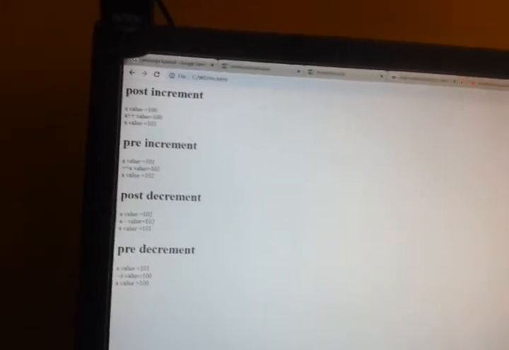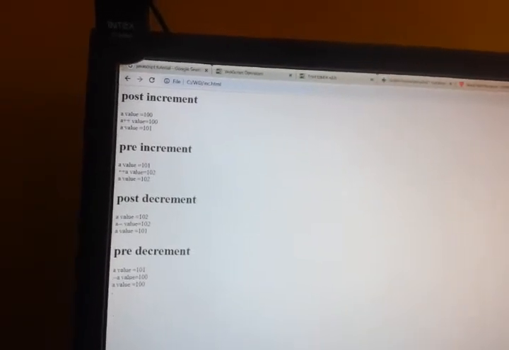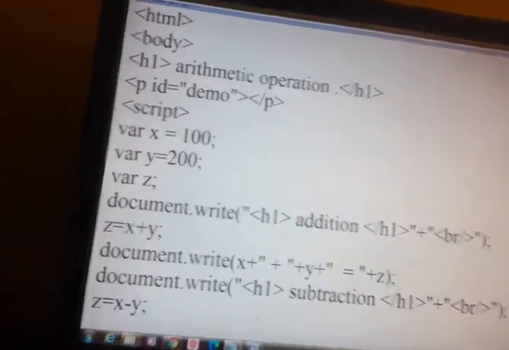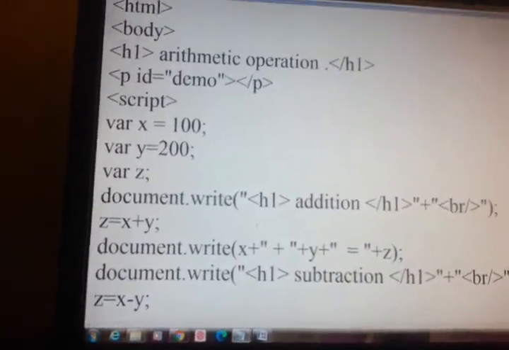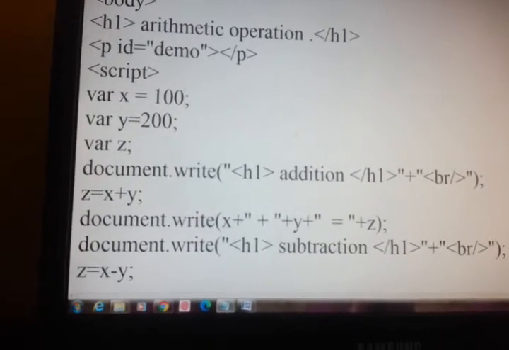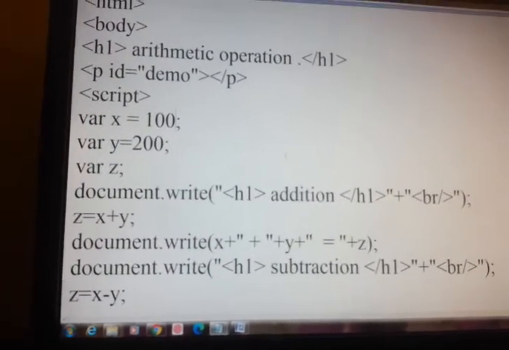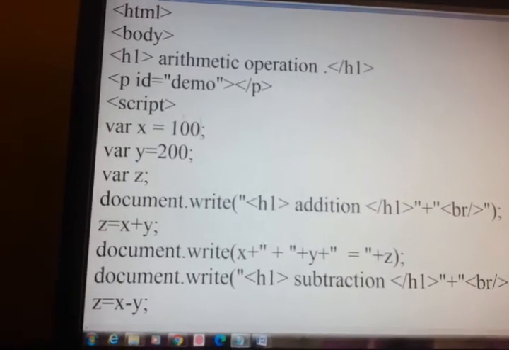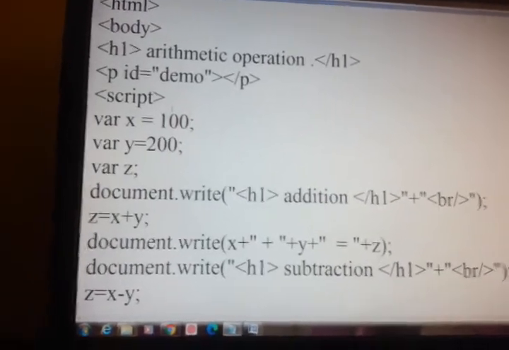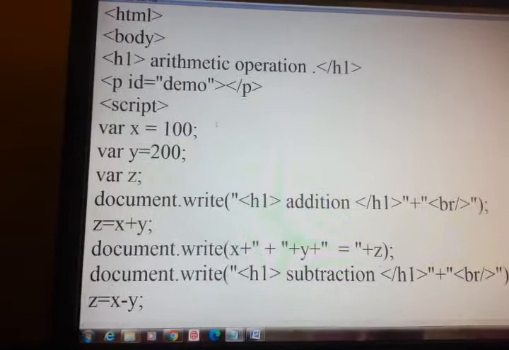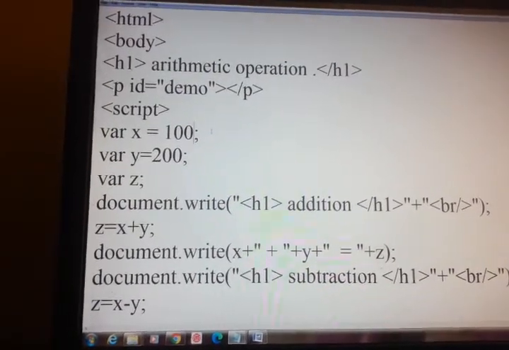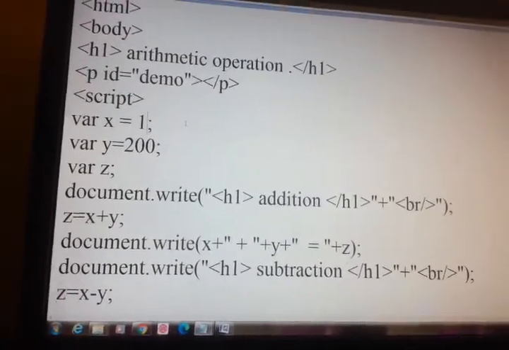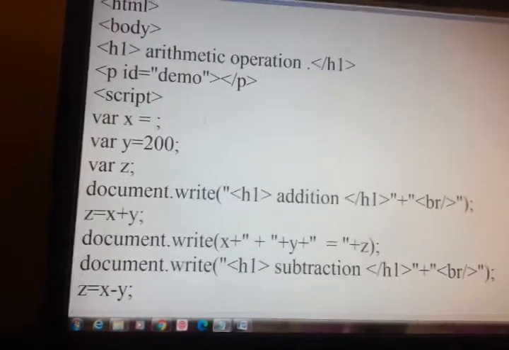Now next, what we'll do is we'll see the same arithmetic operators, but we'll take input from the keyboard. Earlier in this program, these were static values, right? So we have to take input from the keyboard now. How to take that input from the keyboard? We have to change this particular code. We will write variable x is equal to